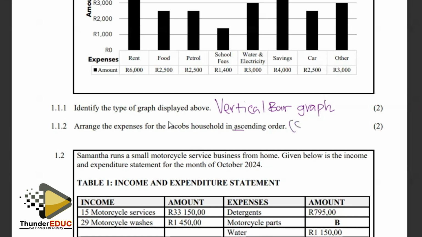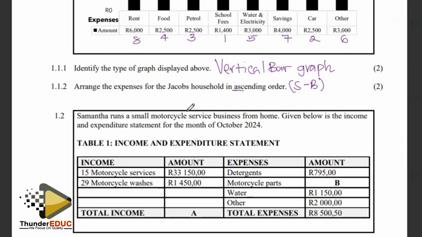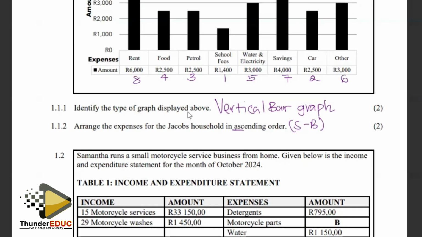Ascending, in your head, you know it from small to big. So we shall start with the smallest value here, which was 1,400. So we name it as 1, followed by 2, 3, 4, 5, 6, 7 and 8. So there are 8 items. Then how are you going to arrange? Wherever you put 1, that's what comes first. So it's 1,400,